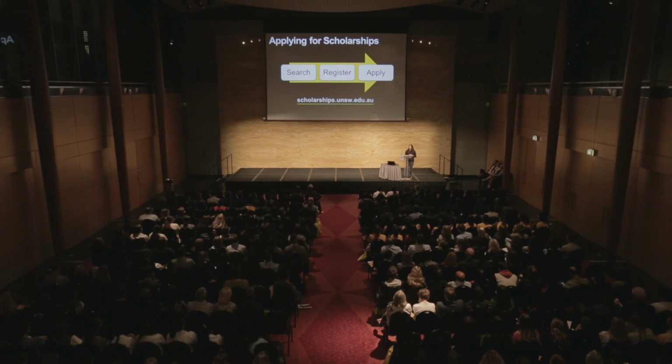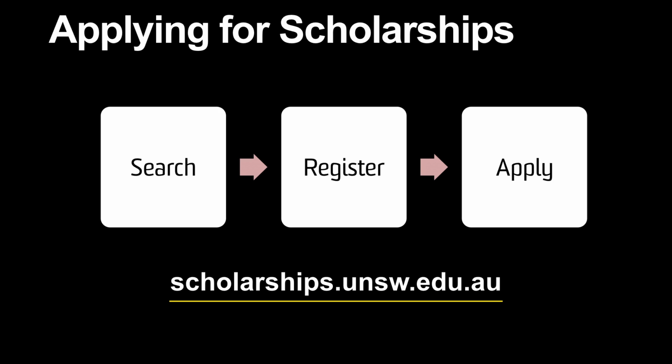The application process for scholarships at UNSW is by far the easiest out of all the scholarships that I tried to apply for across the country. The online application is so simple. You just go on, and say, for example, you're a female interested in studying engineering. There'll be a drop-down list of all the scholarships that you could be eligible to apply for, and you can just tick the boxes for the ones that you want to apply for.